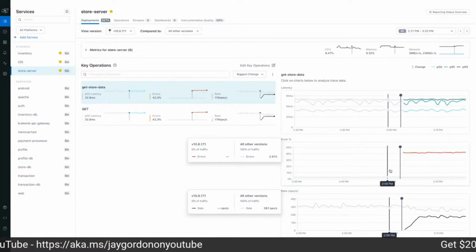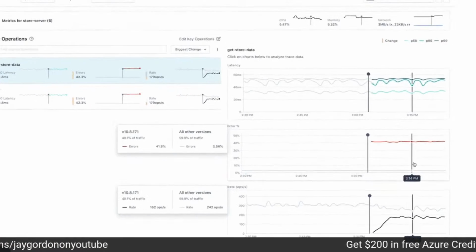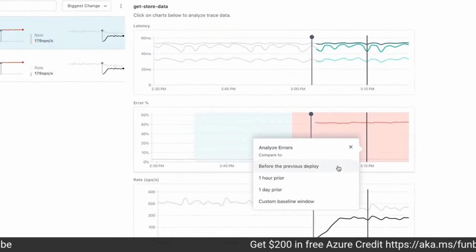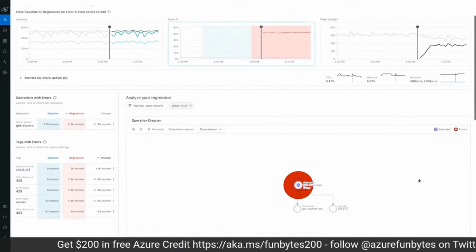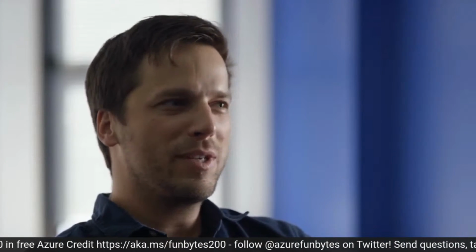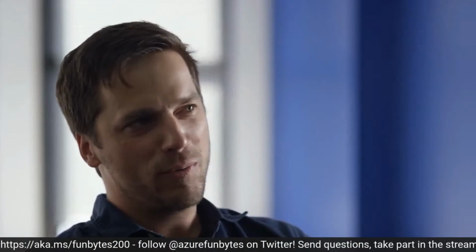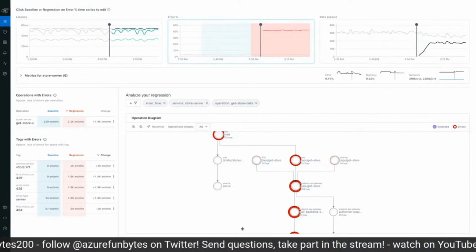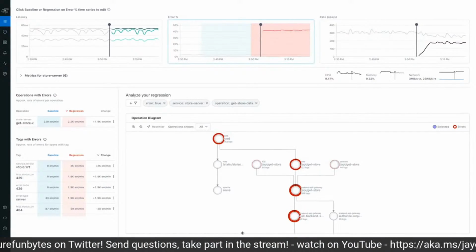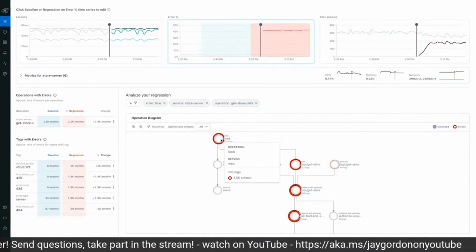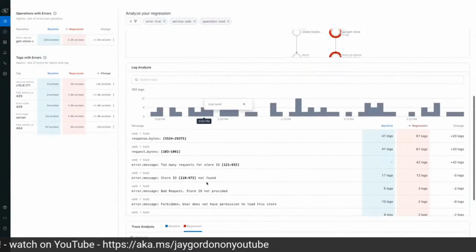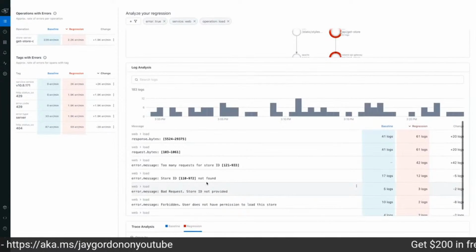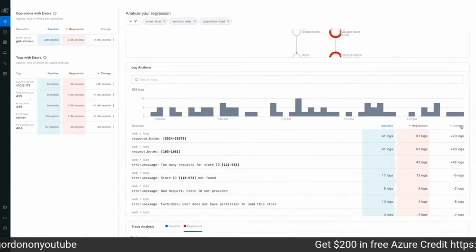We came from a very traditional APM format. The old school kind of tools that we had, there's no way to find that out. With a log-based solution or maybe metrics, you might get a clue that there is some question to ask or something to interrogate about the system you're looking at. With Lightstep, you can almost immediately drill down into it. So it's this difference between never finding the problem or never really being able to understand what's going on, and instantaneously seeing all of the relevant information.